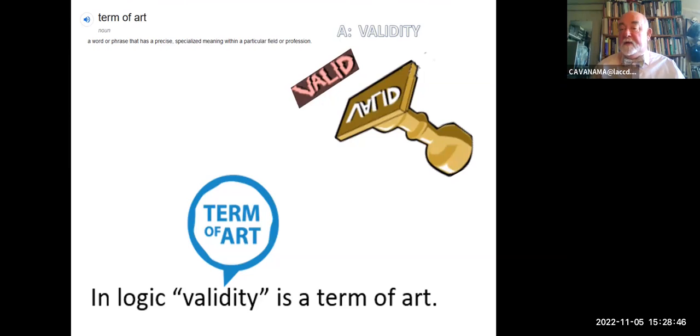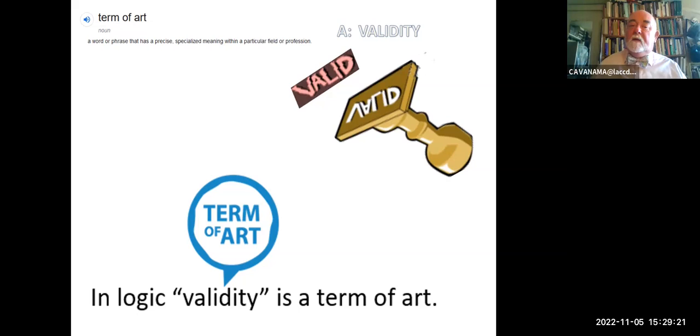Validity is a term of art in logic. Term of art is something that comes from law. It's a term which is used in a technical sense that the term doesn't have in ordinary language, not the first thing you would find in the dictionary, but a specific usage. And different academic disciplines sometimes have different terms of art. This one is a term of art, definitely in logic, in that if you look up validity in the English dictionary, the first definition is not going to help lead you